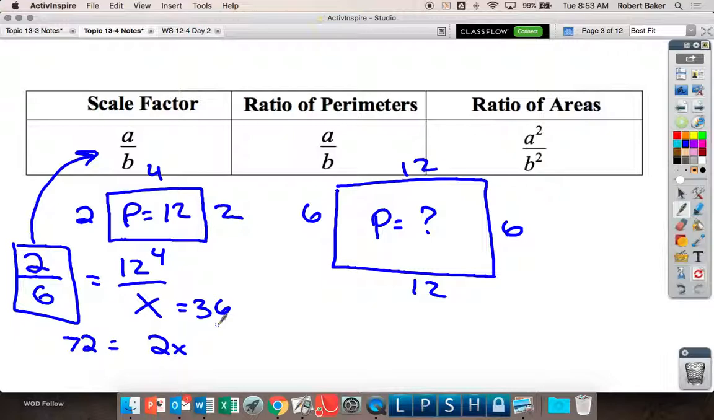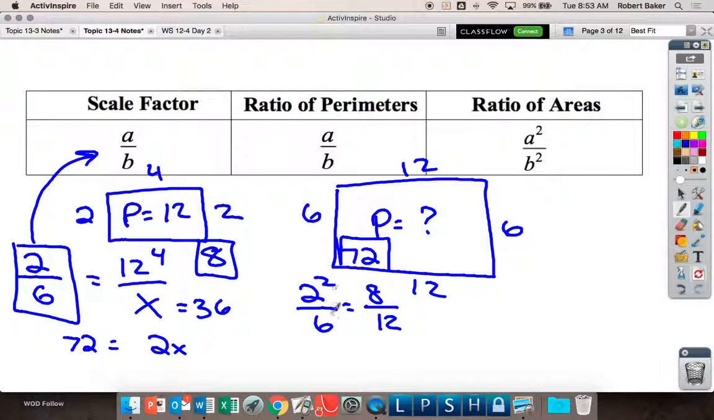What is the area of this shape? 2 times 4. 8 is the area. What is the area of this shape? So in this scenario, we have to use our scale factor. But we have to square these because area is always in square units. So once I square these numbers,